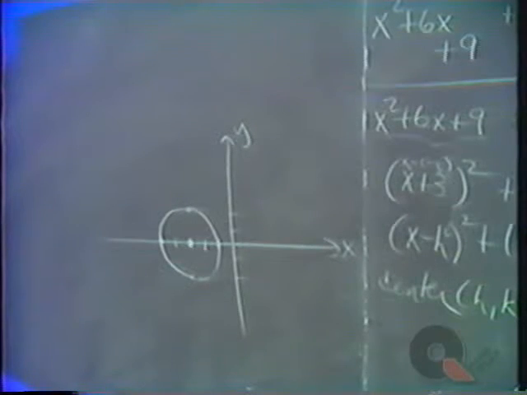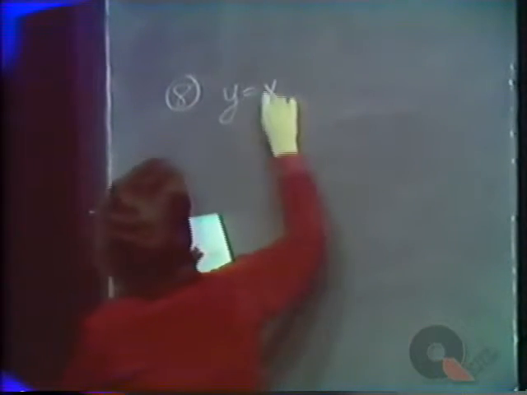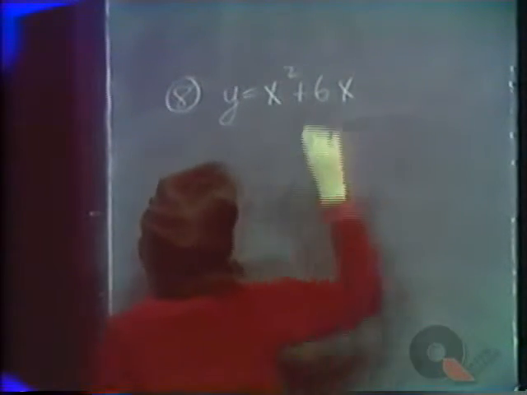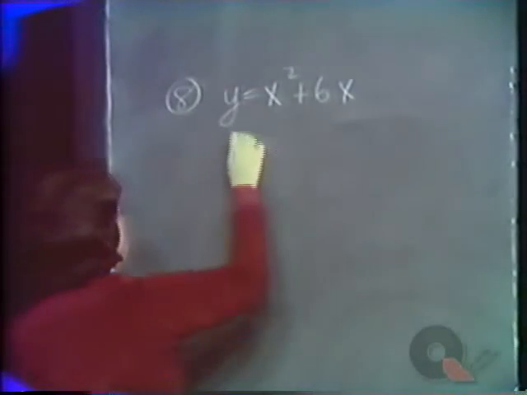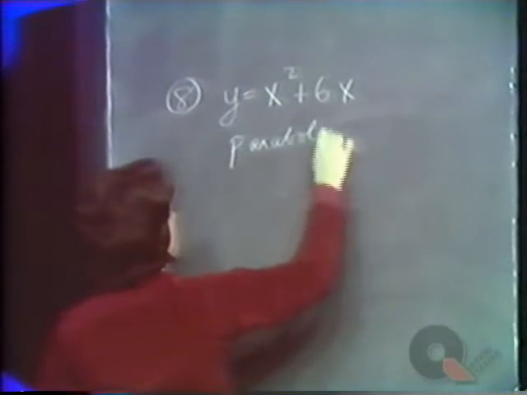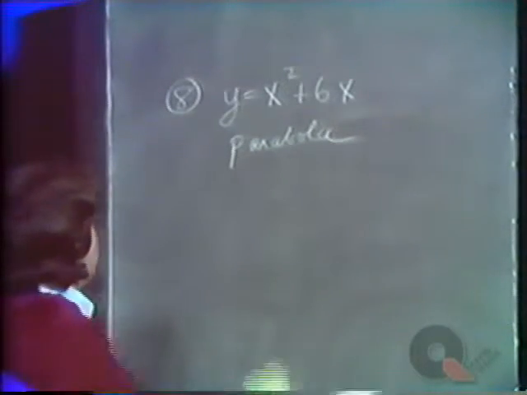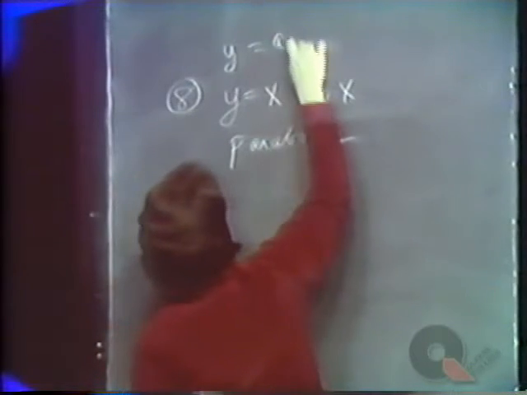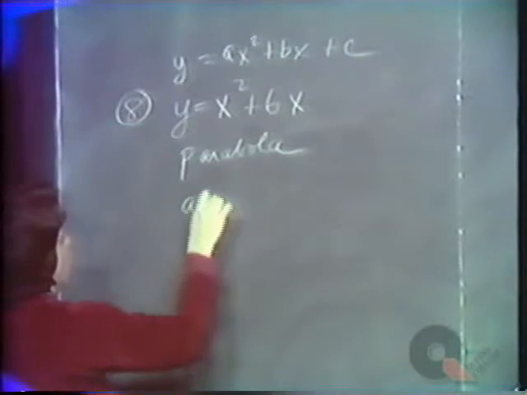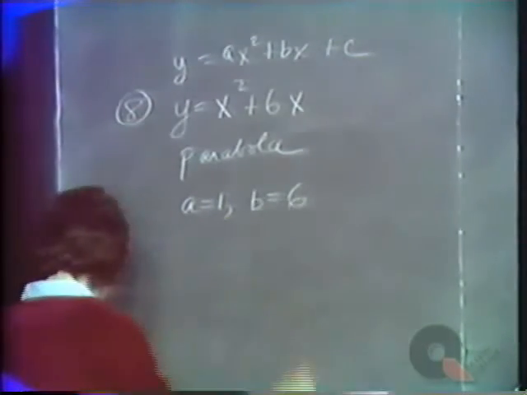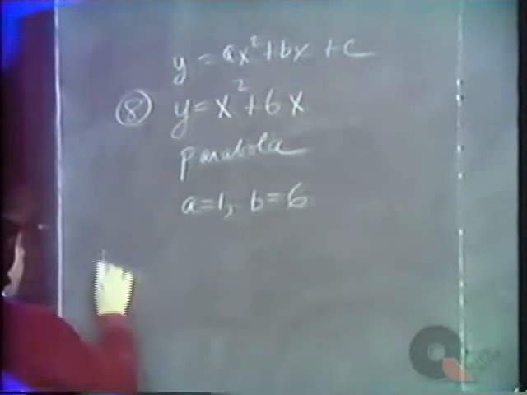And the last example on this tape is the following. Example number 8. y equals x squared plus 6x. Since x appears to the second degree but y only to the first degree, we have a parabola. And matching it to y equals ax squared plus bx plus c, we have a equals 1 and b equals 6. So the vertex